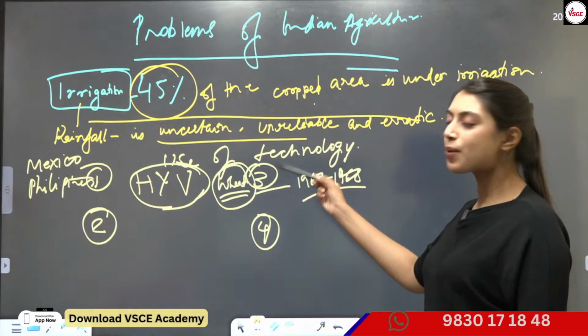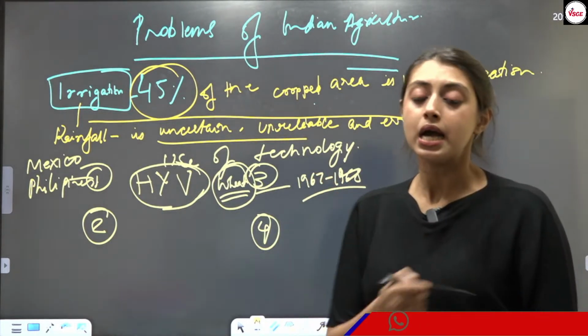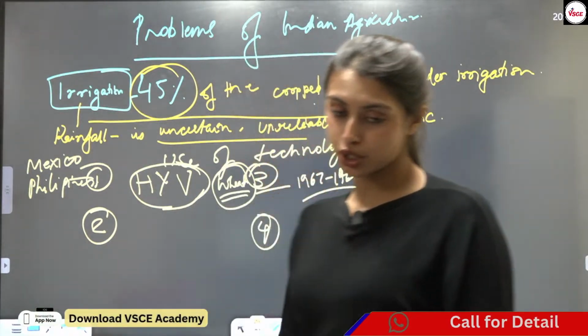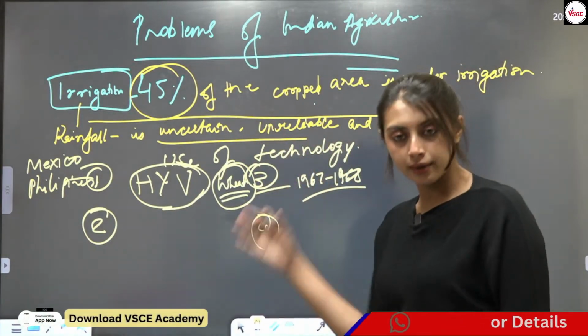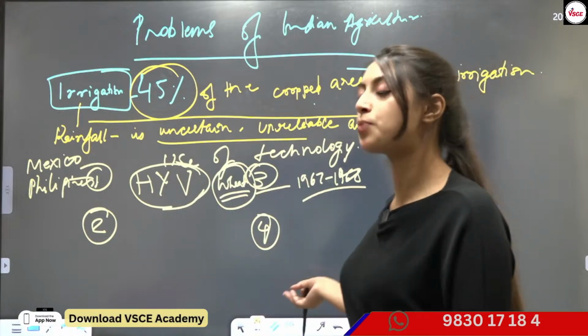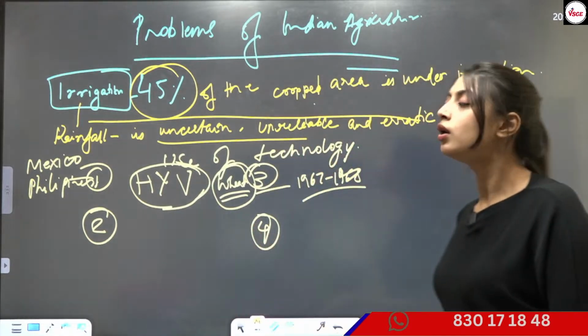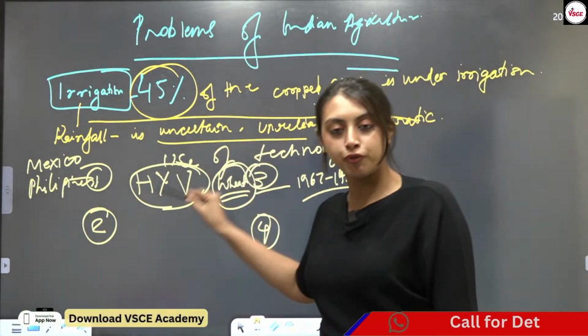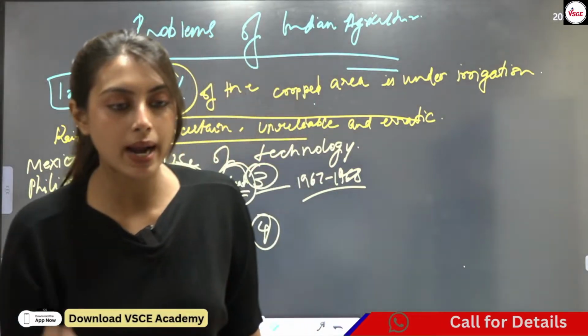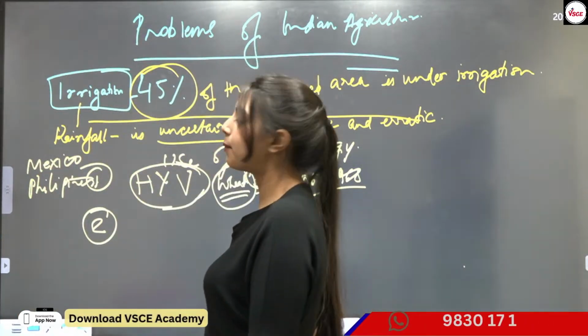So wheat, that's why green revolution was also called grain revolution or wheat revolution. Later on also we are going to read about this, but now that we have crossed path with this term, we are going to talk about it. HYV, that is high yielding variety of seeds that is available, right?